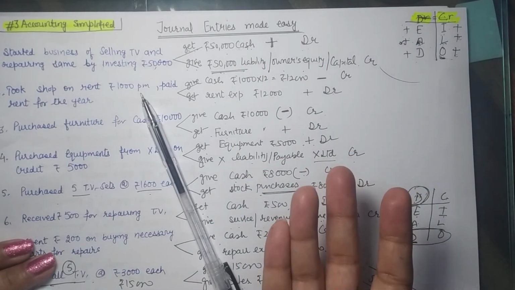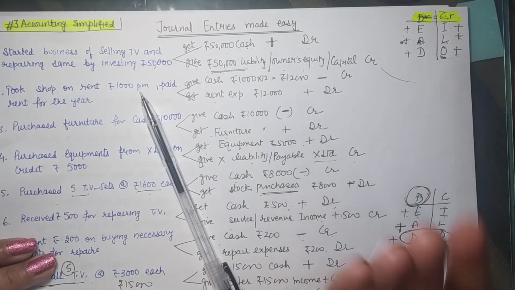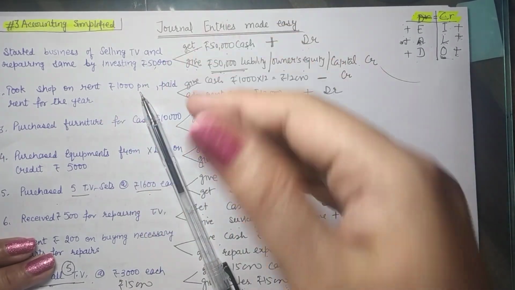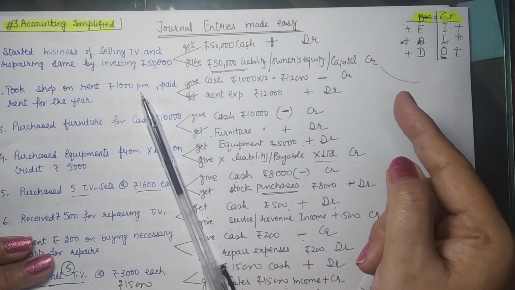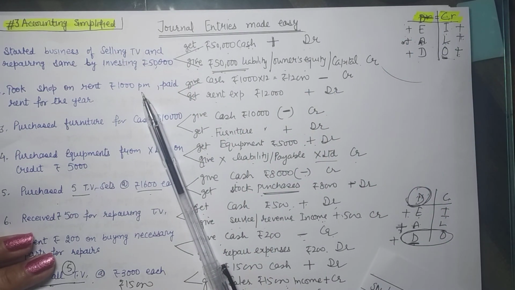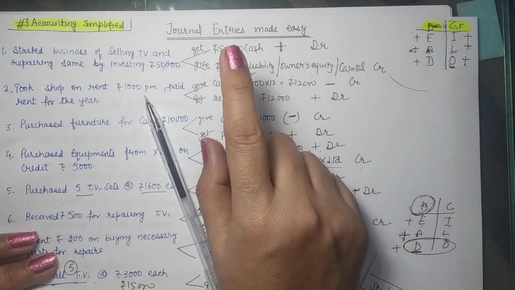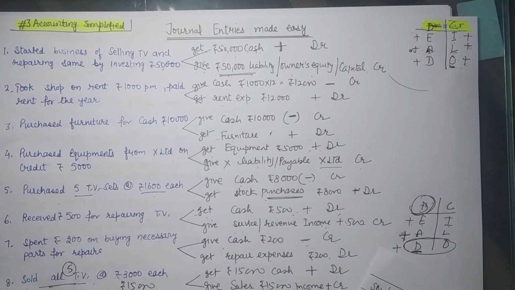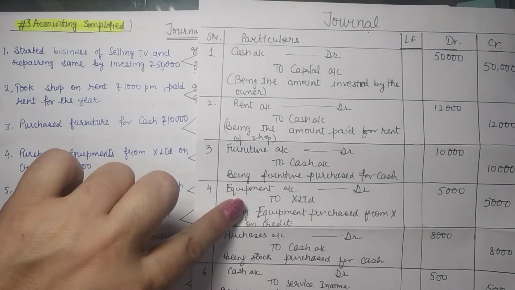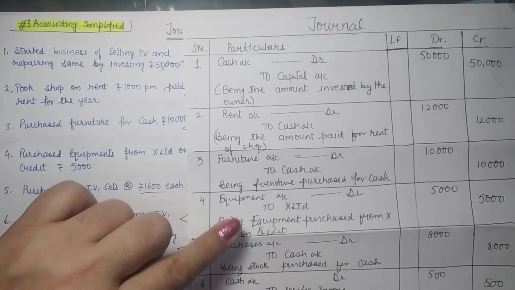We can easily, as a shortcut, know that if one is debit, the other should be credit. If one is credit, the other has to be debit. So you can take the other effect as the opposite of that. But for our own knowledge, for our better understanding, we are analyzing the other effect also. So analyze the effects and then record the effects. So this is how we reach entries through this. So this is the format of journal.